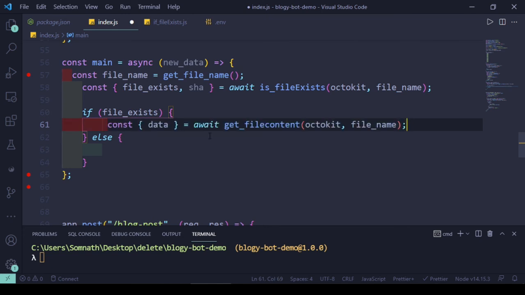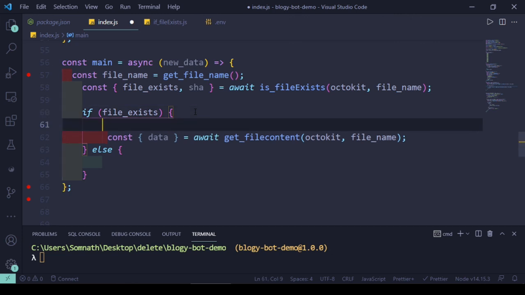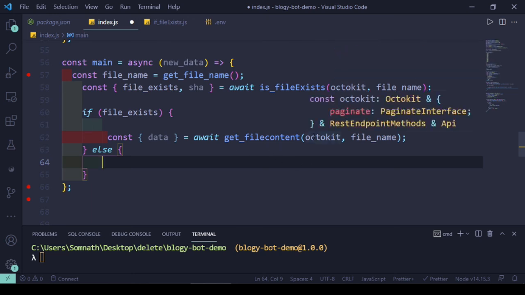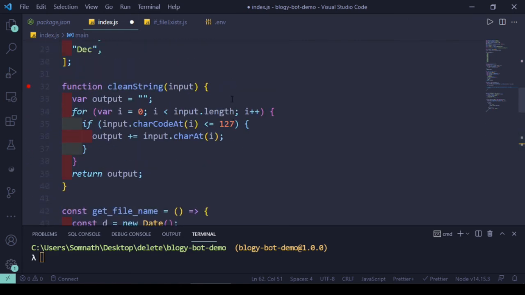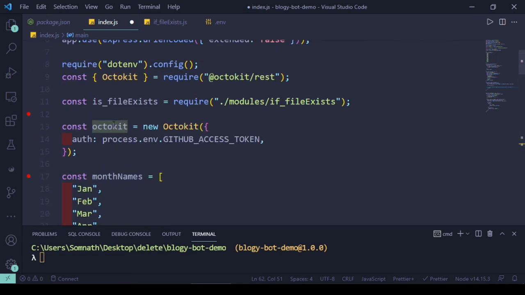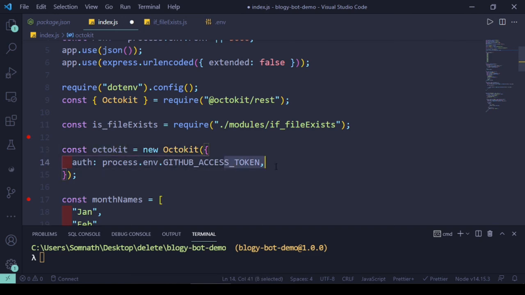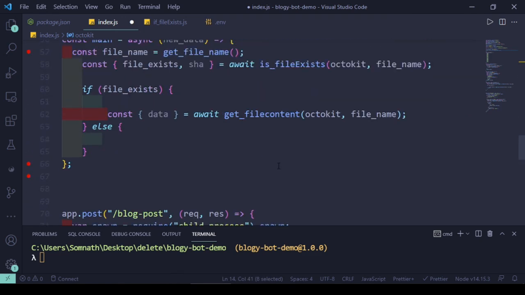So let's paste this code, and this is a new method we need, which is called get file content. That's a new method, it doesn't exist. In a similar way I'll pass this octokit instance which we generated over here, as you can remember, passing the GitHub access token, and obviously the same file name which we just collected from the get file name function.